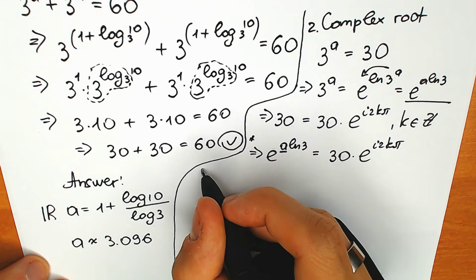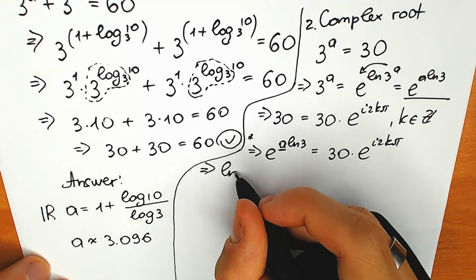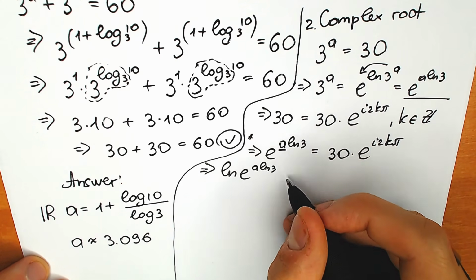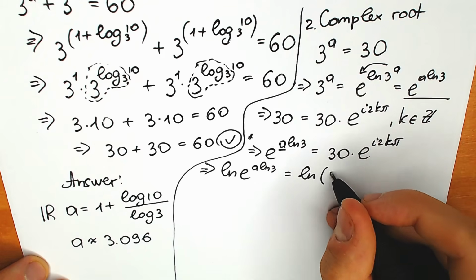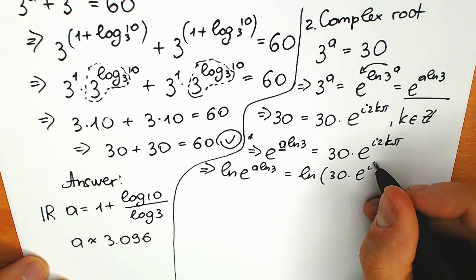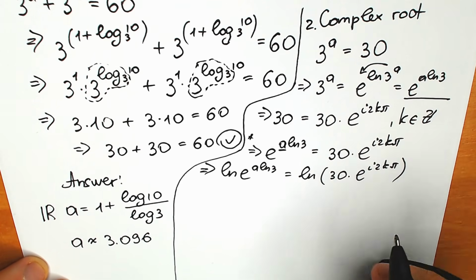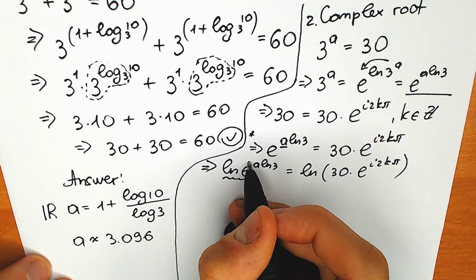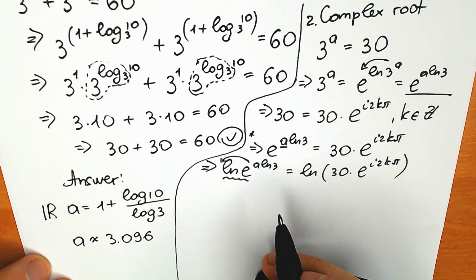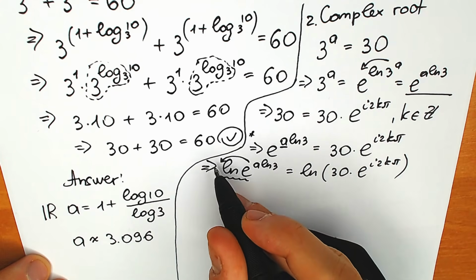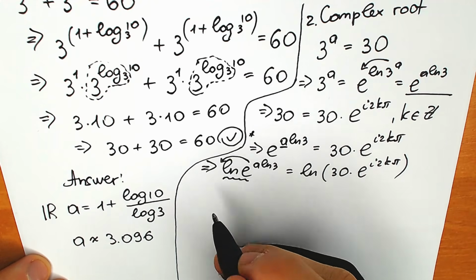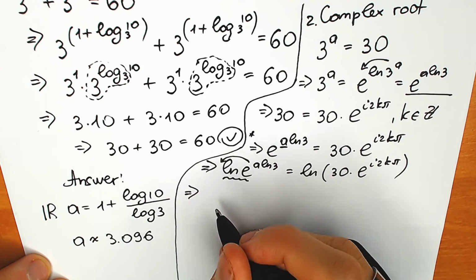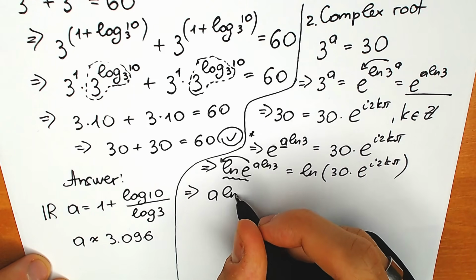So how can we do this? Of course, with the natural log. So natural log of e to the power a natural log 3 equals natural log of 30 times e to the power i to k pi. Right now, natural log e equals 1, and in terms of the previous property, we can write the power in front of this natural log e. But natural log e equals 1, so we can easily cancel it. So we have only a natural log 3